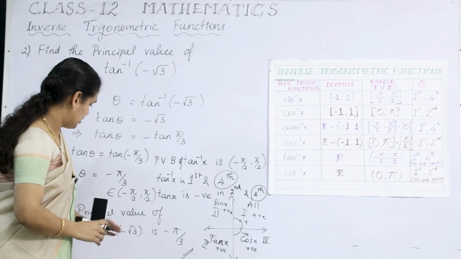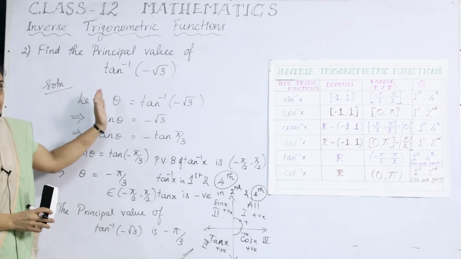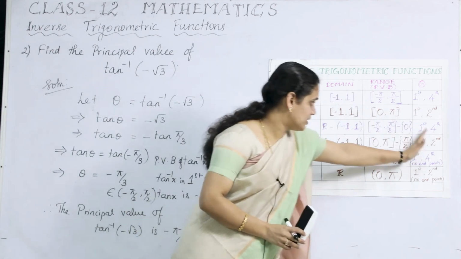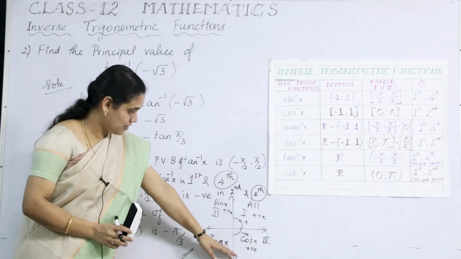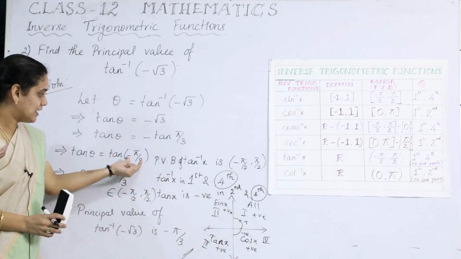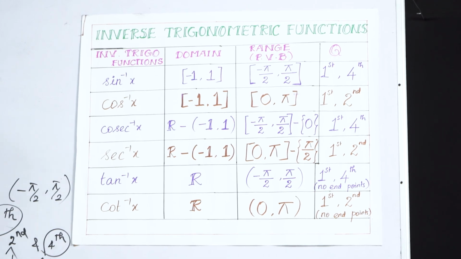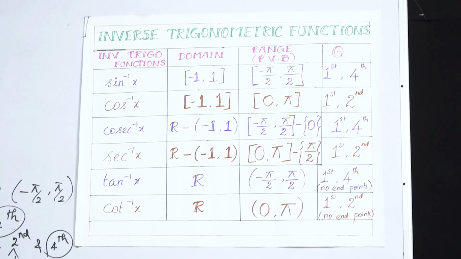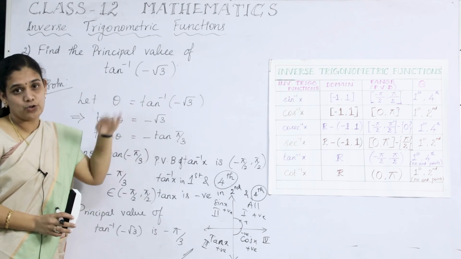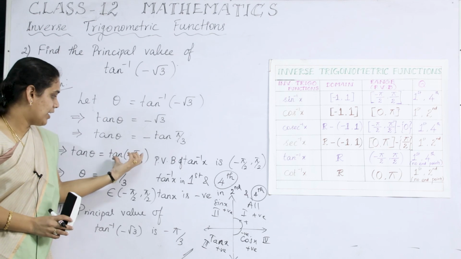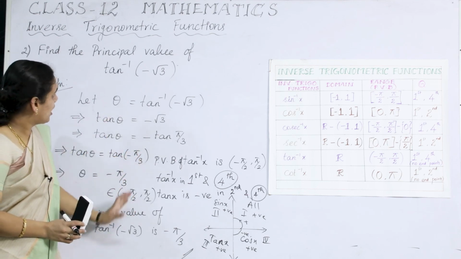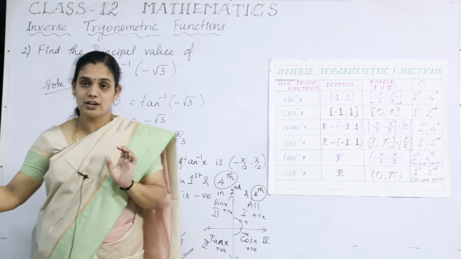Okay, that's all. So when you are finding the principal value, you have to remember this principal value branch and the quadrant, and in which quadrant it takes negative, all those you have to keep in mind, and then find the answer. Suppose our answer doesn't lie in the fourth quadrant, then we have to use some appropriate identity which we learn in class 11, those pi minus x, pi plus x, or 2 pi minus x, 2 pi plus x. Using those, we have to bring our angle into this interval. Okay. This is how we do the principal value of the inverse trigonometric functions.